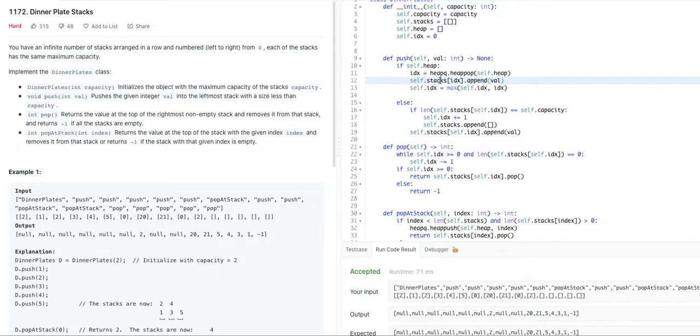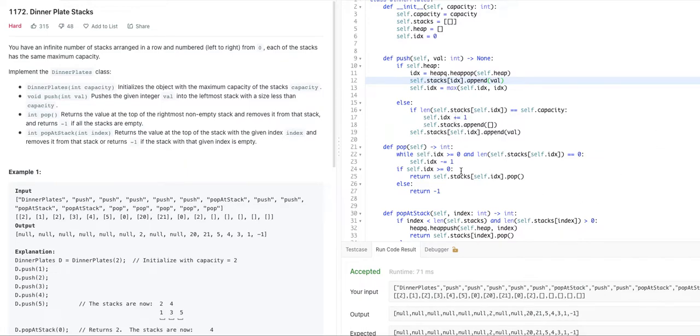This is the pointer that we are going to use. This is the push function that we are going to check in our heap. If there is an empty spot available in one of the leftmost stacks, we are going to put it there, and otherwise we are going to add it at the end